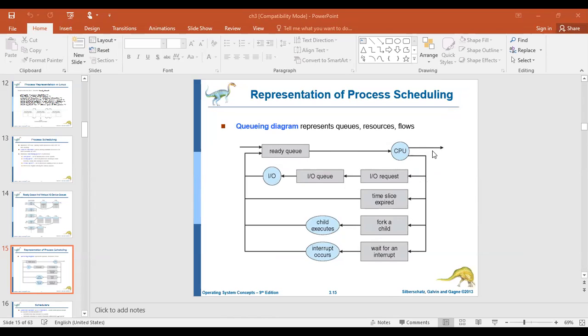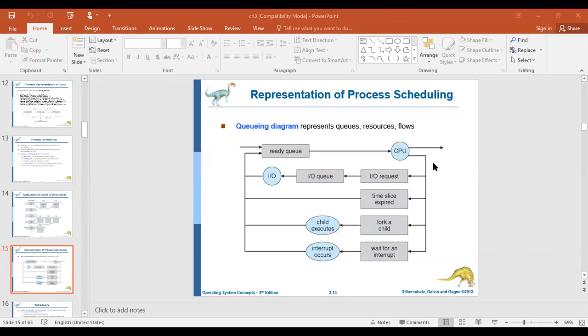It temporarily suspends its execution, and the current process will be redirected to the IO device. So in order to get the services of the IO device, it needs to wait in the IO queue. After completion of this IO service, again it will be placed in the ready queue, because the remaining part needs to be processed by the CPU.